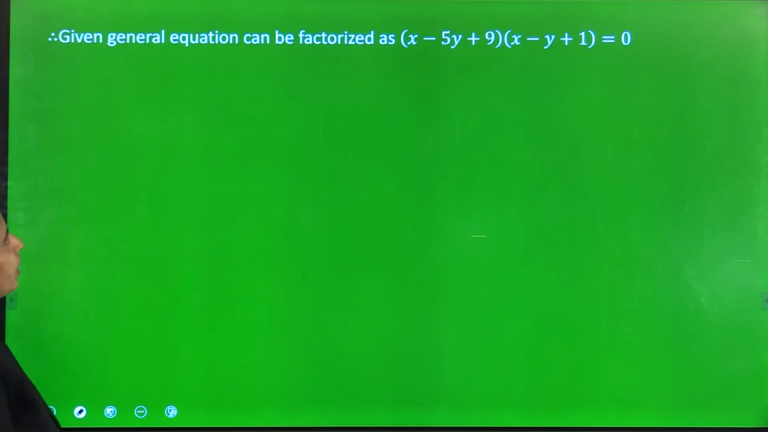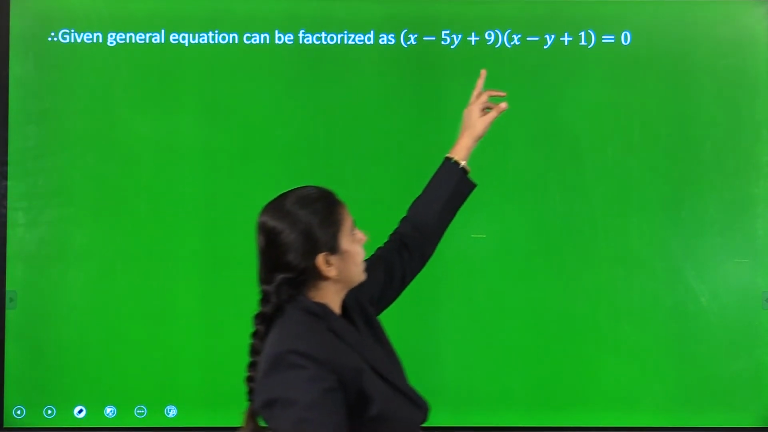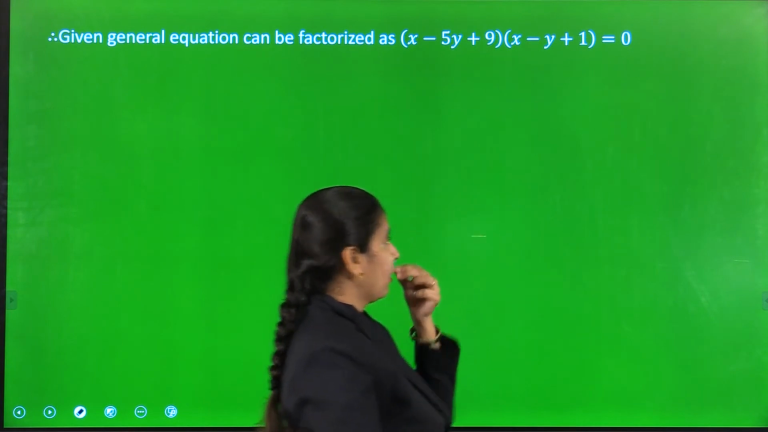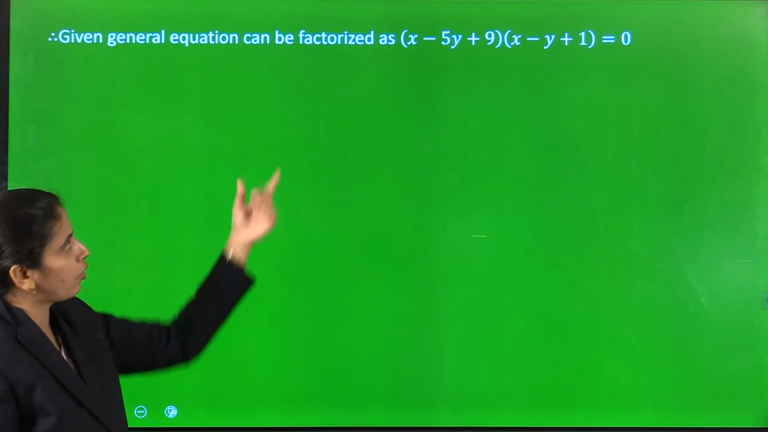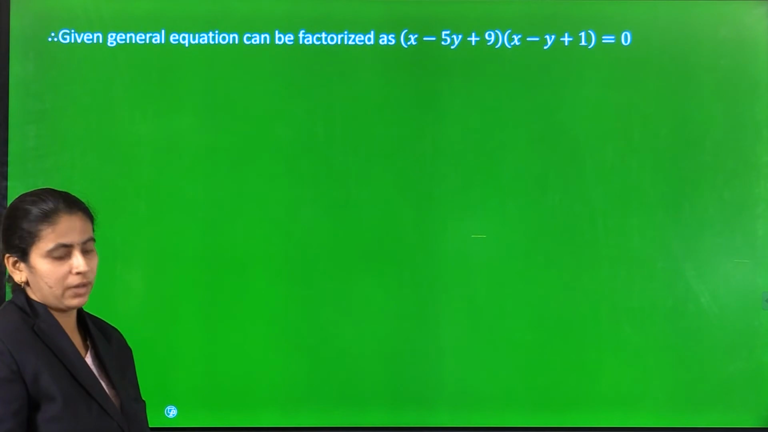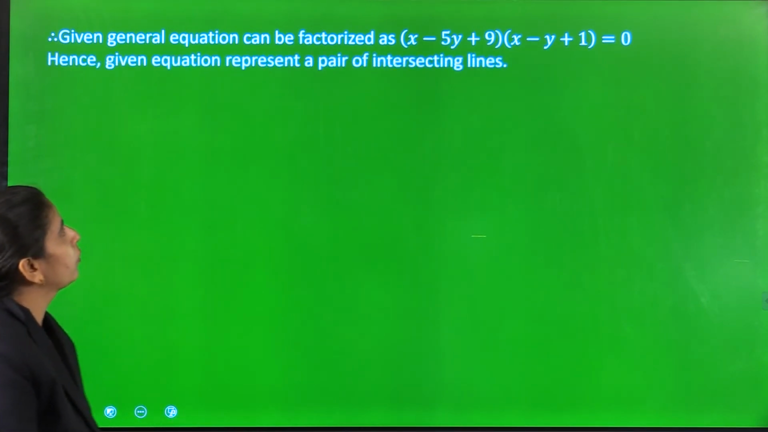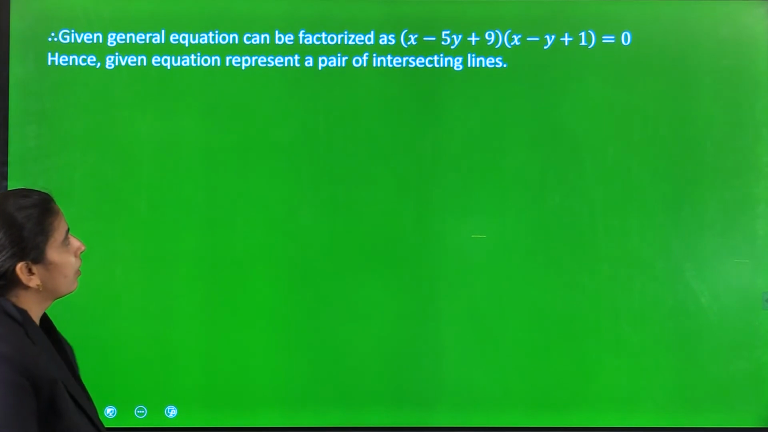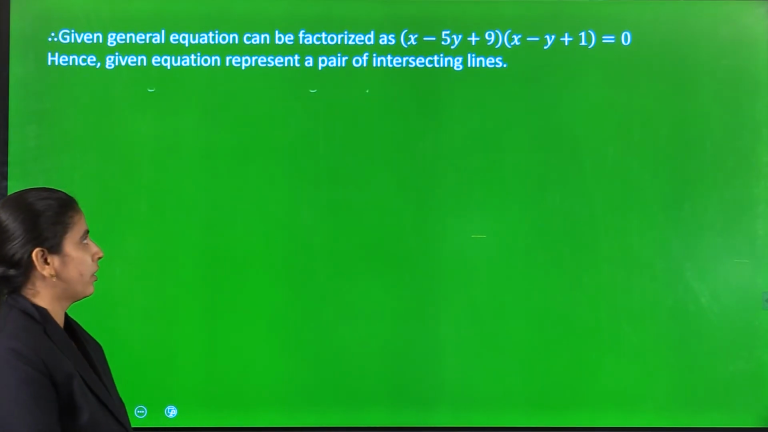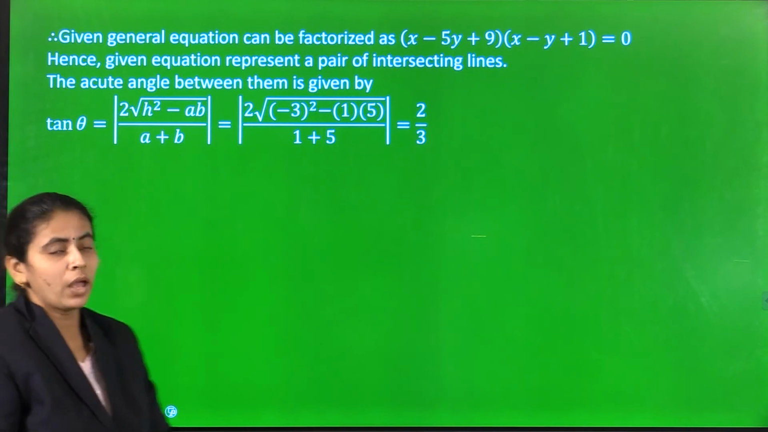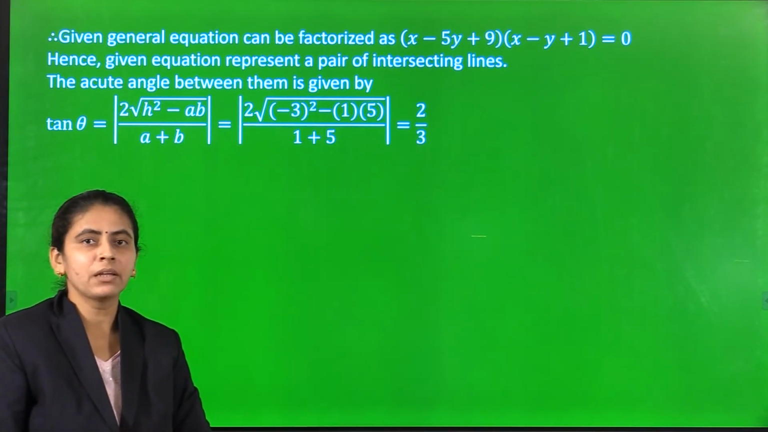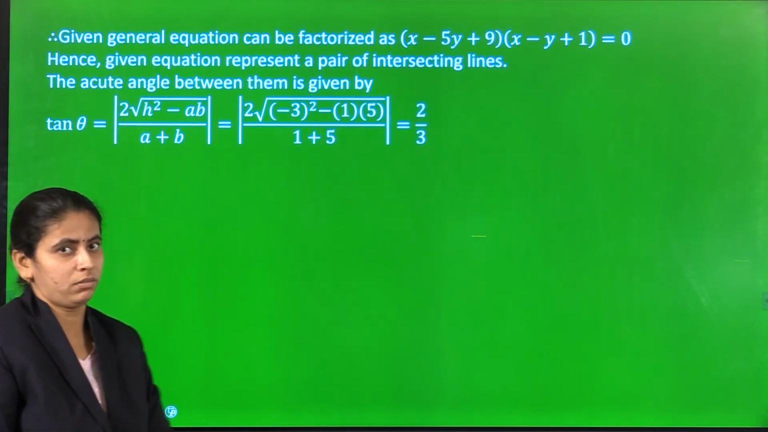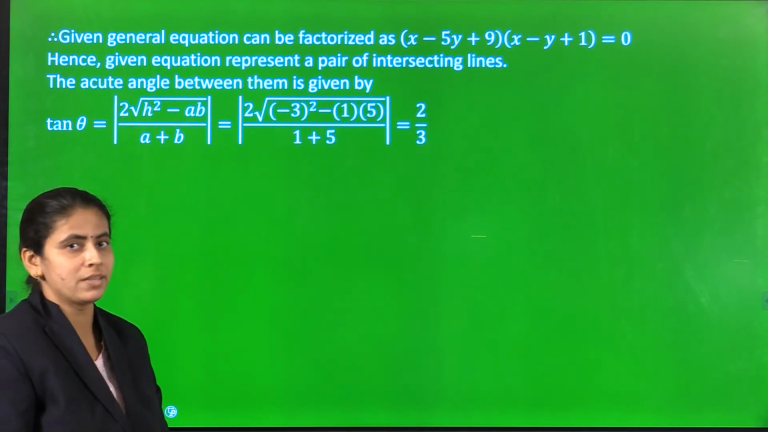Okay, so the given general equation can be factorized as (x - 5y + 9)(x - y + 1), and you find that this is the product of two equations of lines. So we consider these two lines, which represent a pair of straight lines intersecting each other. Okay, you have studied the expression for the angle between the two lines, and that angle